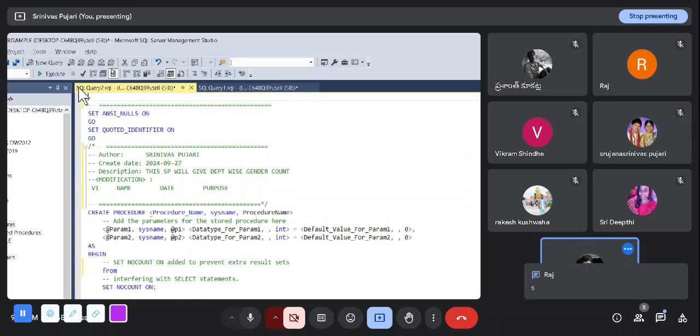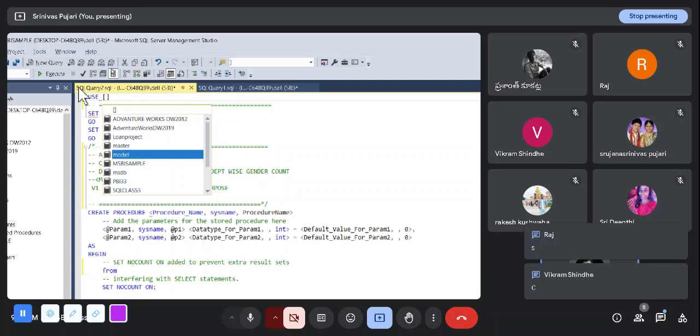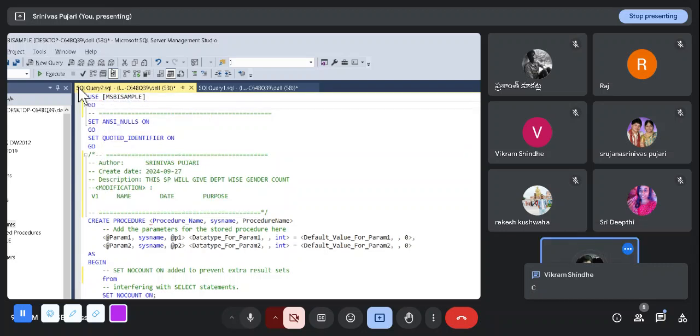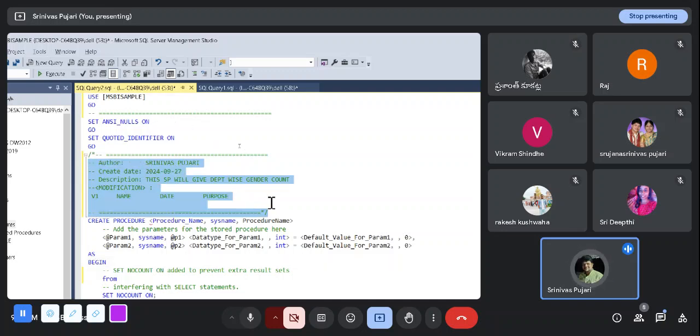Even above, you will use the database name you are using, and then you can go with GO. Like this they will use, guys. First, the database where you are executing, then you can give the database name. And then by default this will have the description, like the history: when it was created, who is the author, and what is the purpose. And next,